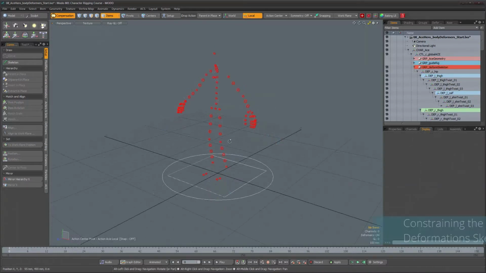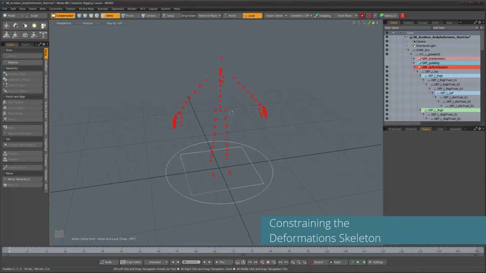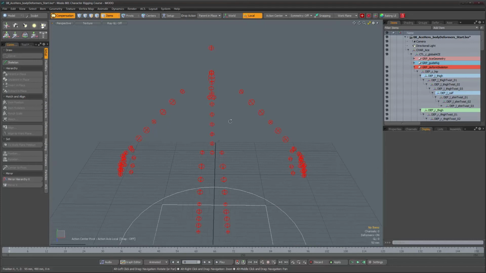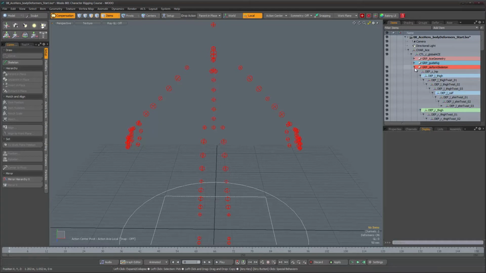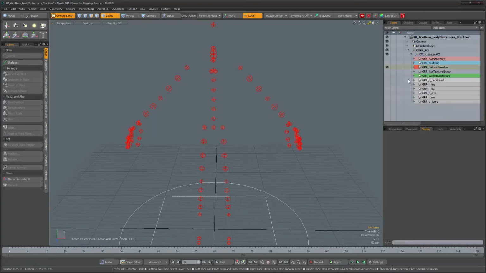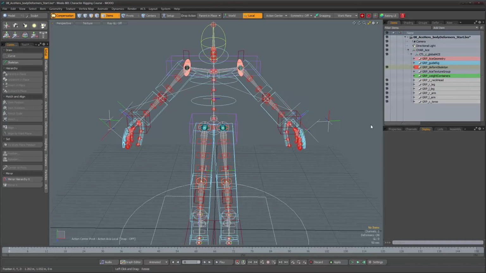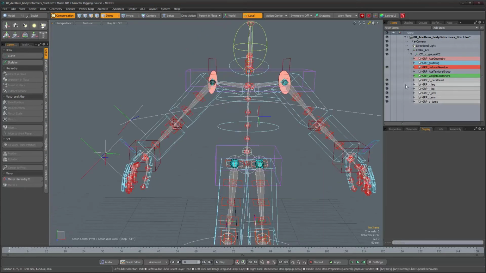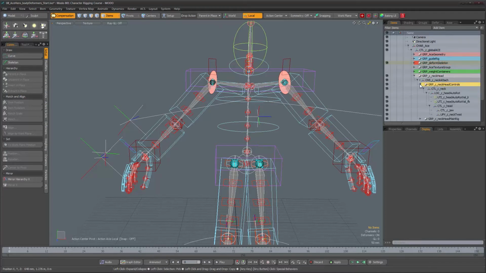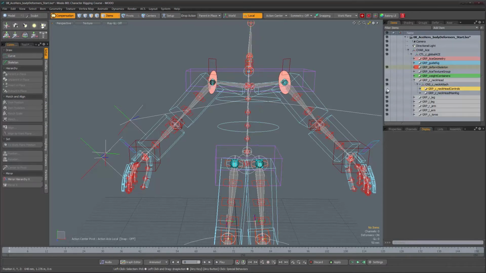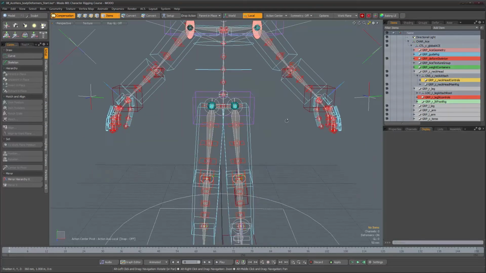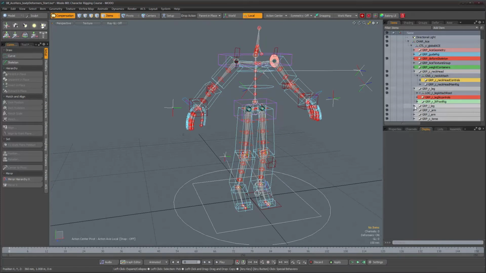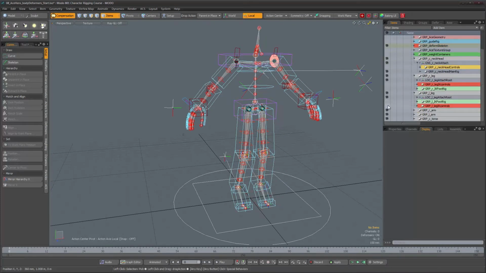Alright, now that we're done with our deformation skeleton, it's time to constrain it to the actual joints that we're going to be using to move the character around. So this is what we're going to do. Let's unhide everything. And now we're going to hide a few things that we definitely don't need. So we don't need any of the controls. We can hide those in every rig. Basically, all we want to see is the main rig for each section of the character. So no IK, no controls,